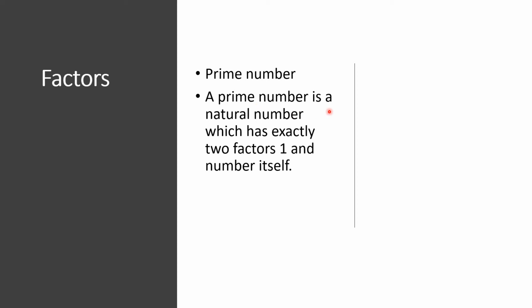On the basis of factors, we can now understand prime and composite numbers very well. See, prime number. A prime number is a natural number which has exactly two factors, 1 and the number itself. We have learned the prime numbers in the sieve of Eratosthenes also. Just see here how 2 equals 1 multiplied by 2. It means what are the factors of 2? Only 1 and 2.